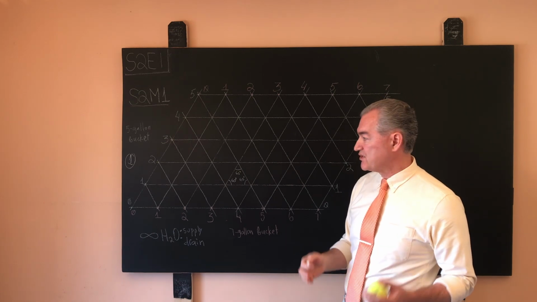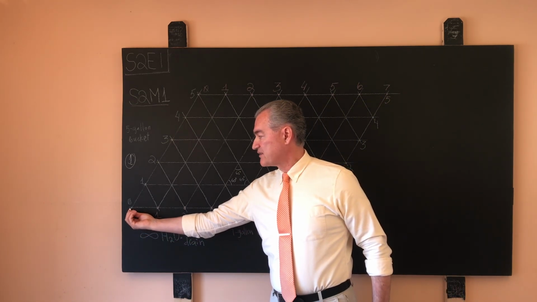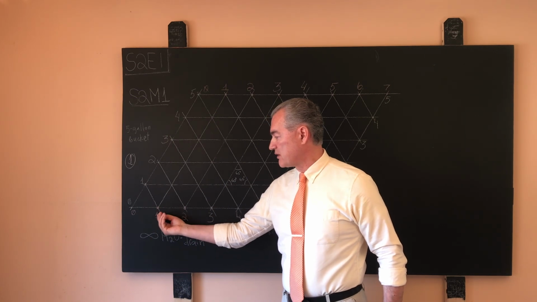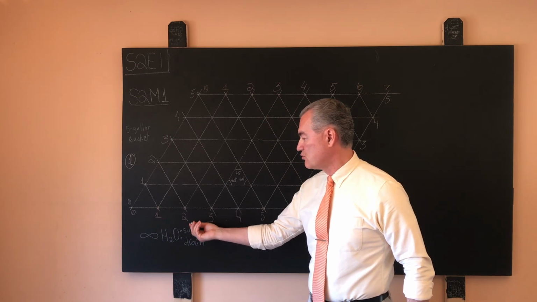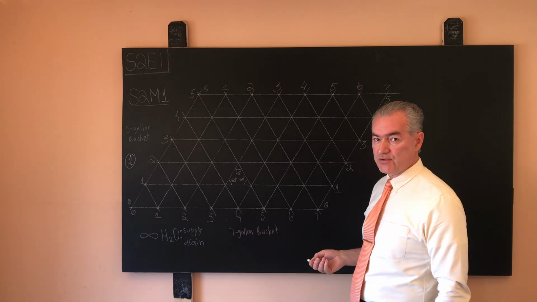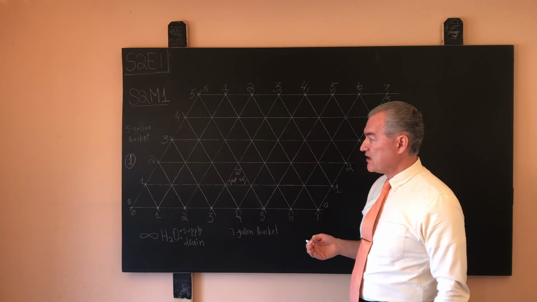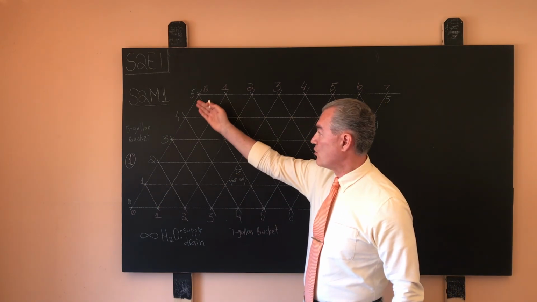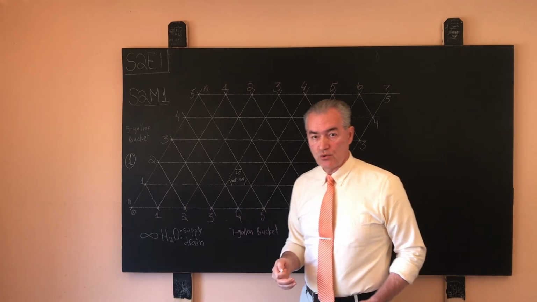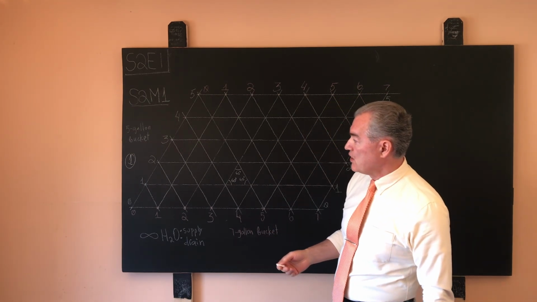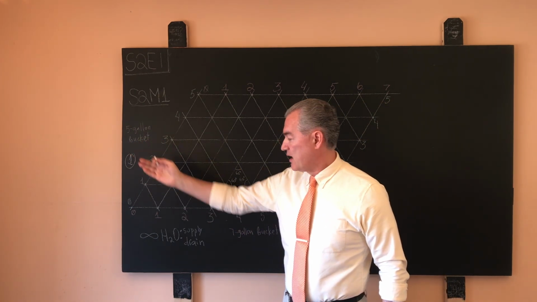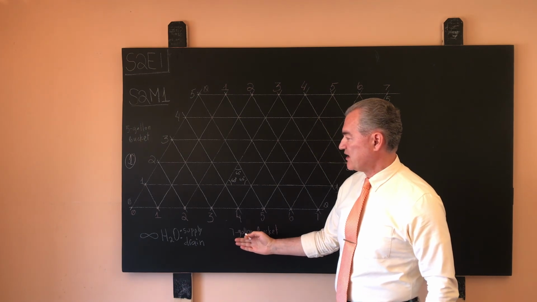Is always 0. So the first point has the coordinate 0, 0. This point should really have the coordinates 1, 0, 2, 0, 3, 0, 4, 0, 5, 0, and so on. And in the same fashion, the numbers on the left and along the right edges should also have two components, which show how much water is in the 5-gallon bucket and how much water is in the 7-gallon